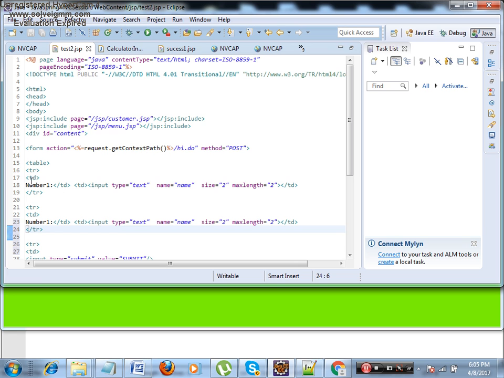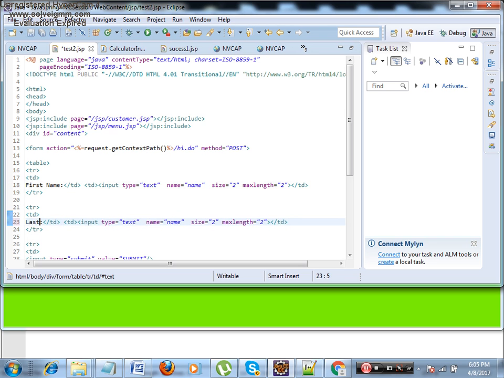with first name, last name. Okay, see example, first, last, okay, max length 20, size I will give around 25. Yes, okay. Now I will give